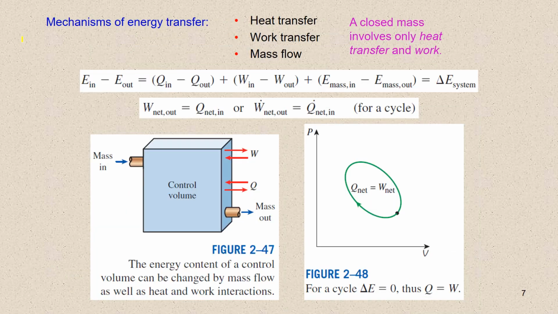Let's now look at mechanisms of energy transfer, E in and E out. Energy can be transferred to or from a system in three forms: heat, work, and mass flow. Energy interactions are recognized at the system boundary as they cross it, and they represent the energy gained or lost by a system during a process. The only two forms of energy interactions associated with a fixed mass or a closed system are heat transfer and work. Let's consider heat transfer now.